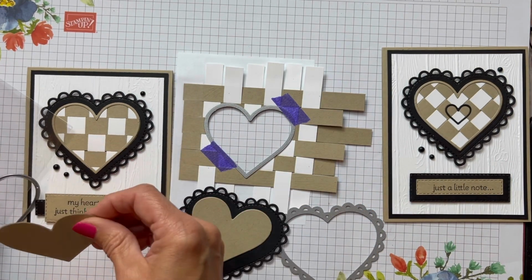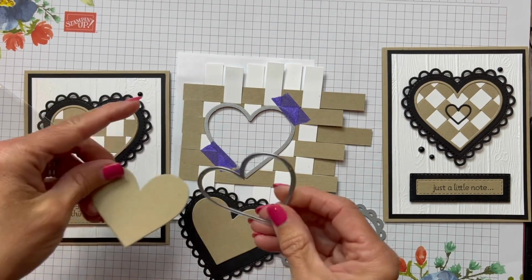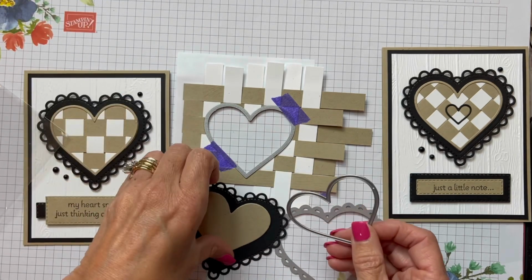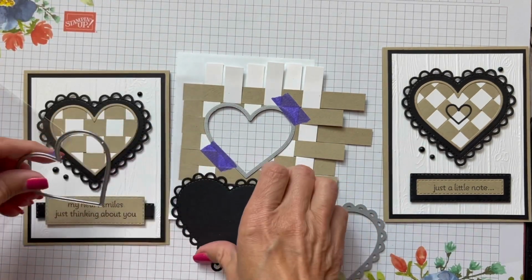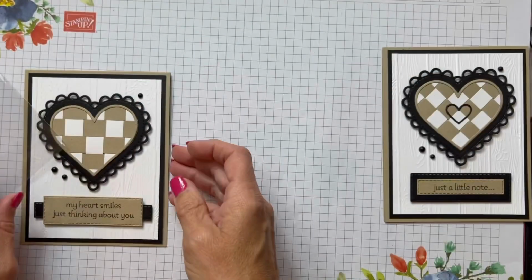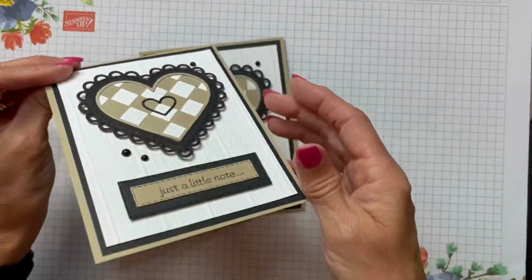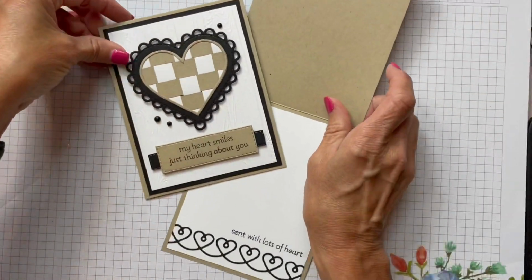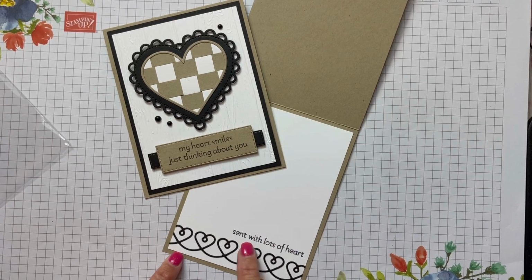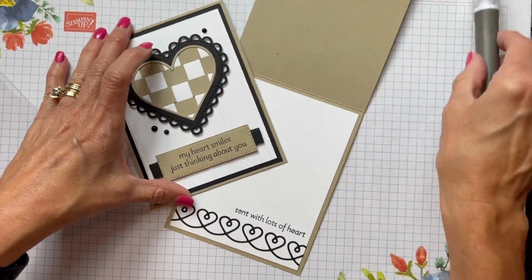And that one came actually out of this die here. When I cut out this piece here, this fell out. So always save all those little pieces that fall out, and you can have some real fun with this lots of hearts die. So I'm gonna figure out what I'm gonna put in there. And like I said, you have a really fun sentiment here, something really to catch your eye on the inside. So make sure you jump over to